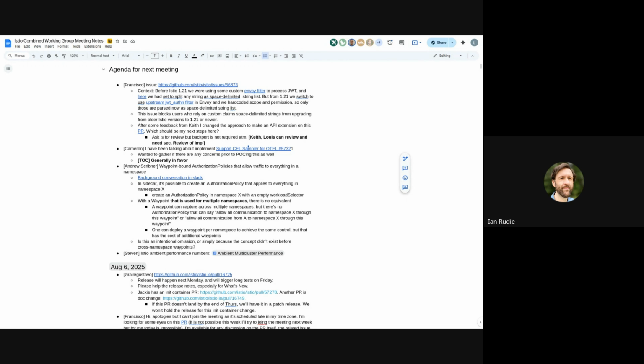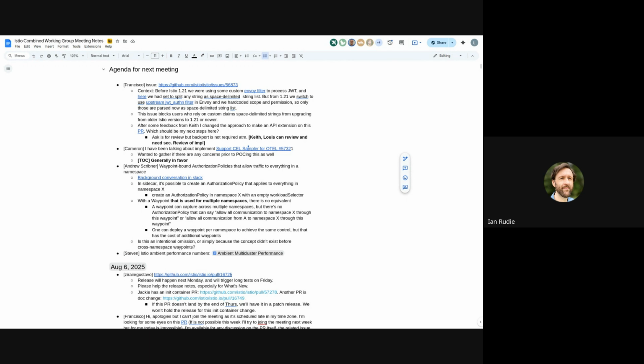You can bind to a service that doesn't have a waypoint, and then we have to note that in status. So I mean, that's fair. It is solvable. Whether that message means anything to an average person, I don't know at this point. But we could do something like that.